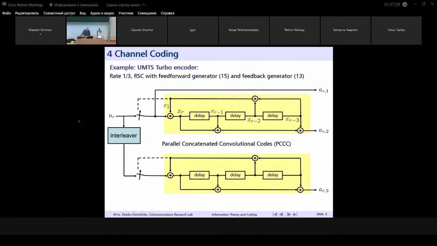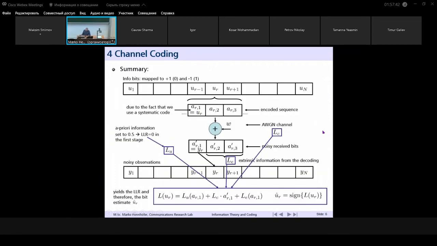So okay, we already talked about the encoder. Now we know why we need these 2 encoders with the interleaved data to get independently encoded bits. Here we already explained the usage of variables that will appear in the equations later on. And maybe this line down here is interesting. This will at the end be the final result. So we will get the extrinsic info or the log likelihood ratio of our bit UR that we would like to estimate